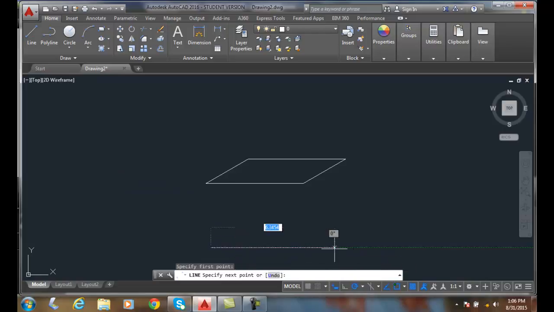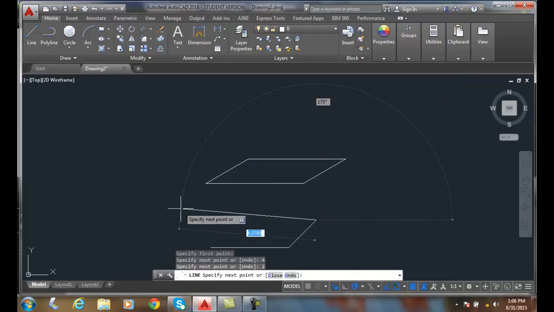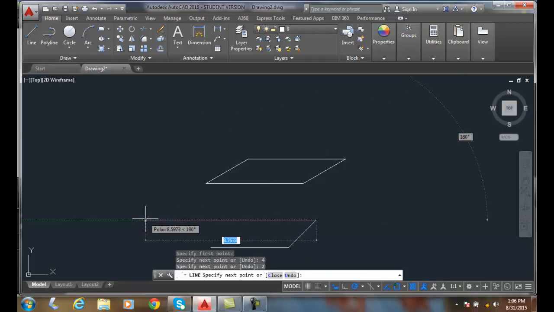Say I want it to be 4 inches long. I go up at a 45 degree angle. It finds 45, bang. I want it at 2 inches long. Drag it back, and it finds that vector at 180. So I say I want it to be 4 inches long. And then I can drag it down, and I get that 45 degree angle, blink. And I can say that is at 2 inches long. Hit enter, and now I just drew another